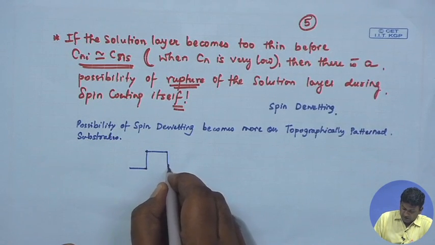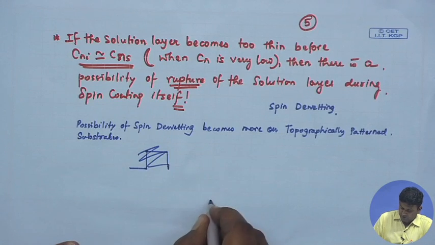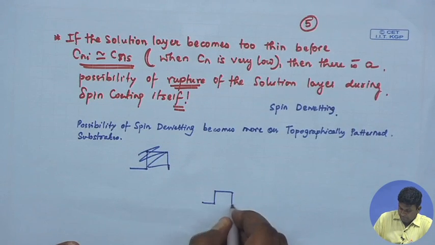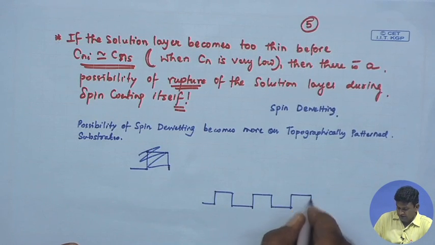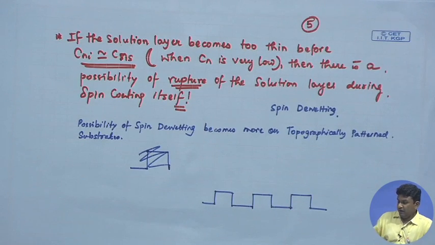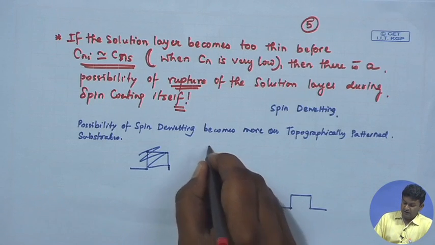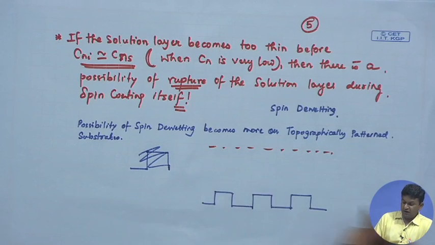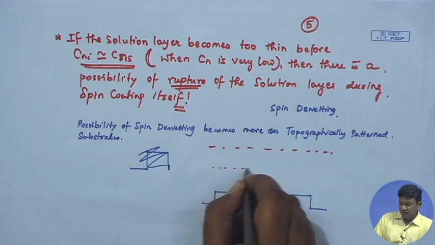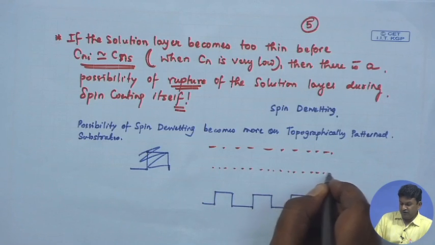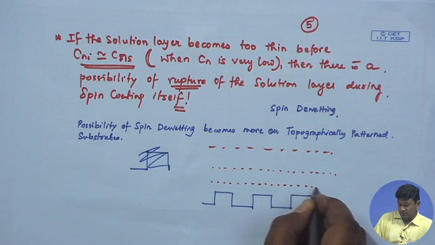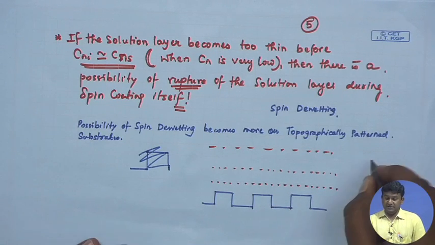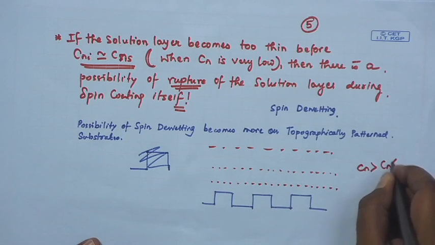Simply because of the fact, okay, I will draw it here, that if you have a nano pattern substrate, its height may not be very large, maybe of the order of 100 nanometers. So initially the thickness of the solution layer is much higher, but then as the solvent evaporates away, it becomes thinner and thinner. At this stage, if you have adequate Cn, that is Cn is greater than Cn star,